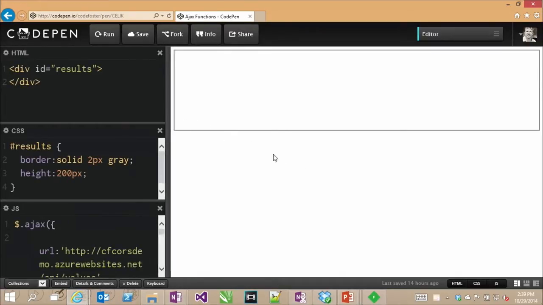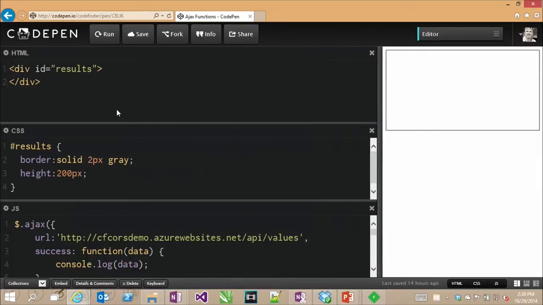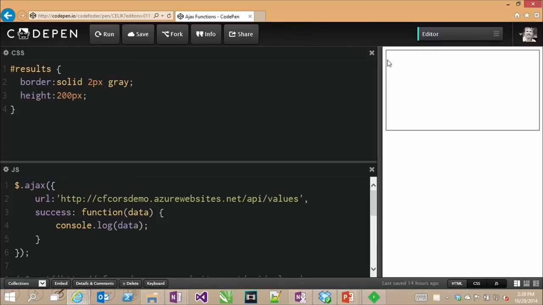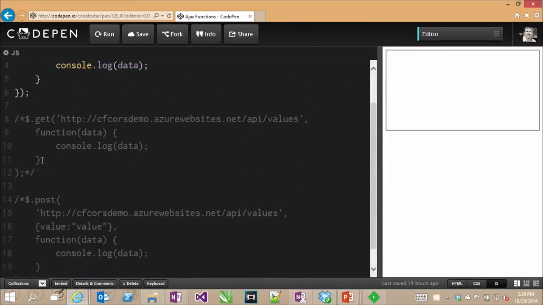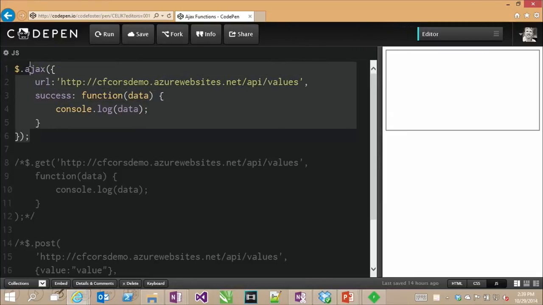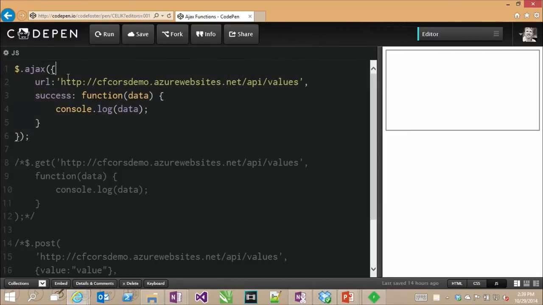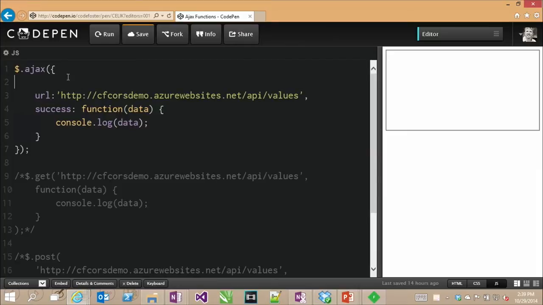Okay, so don't care too much about this DOM. It's just a div. The CSS is very unexciting. It's this that we're concerned with, and I've got all this coded out or commented out for now. I've just got an Ajax call. So let's do this. Let's say